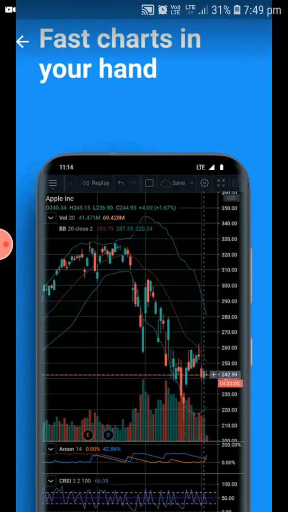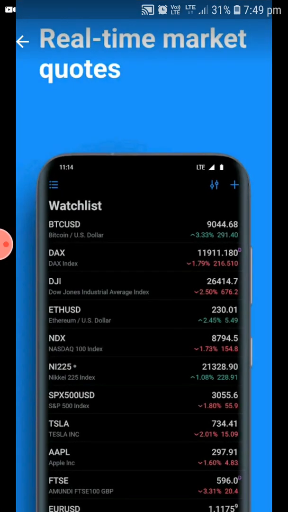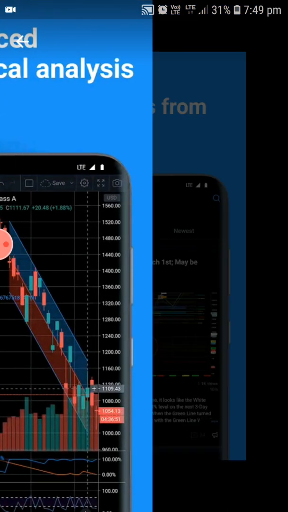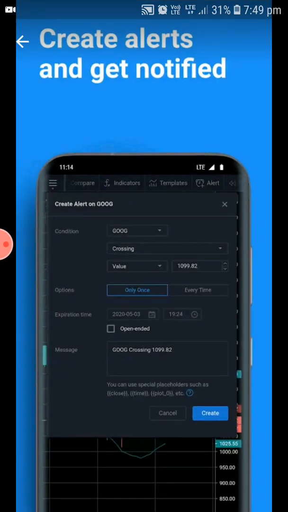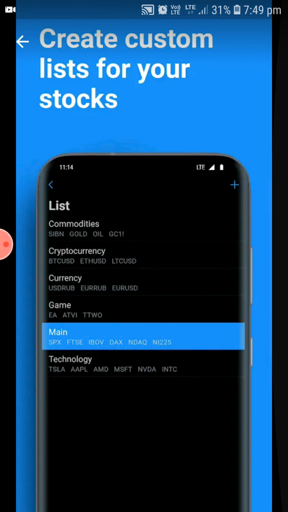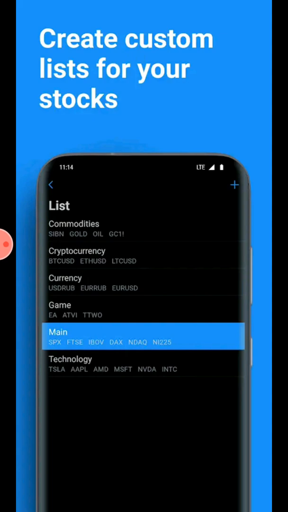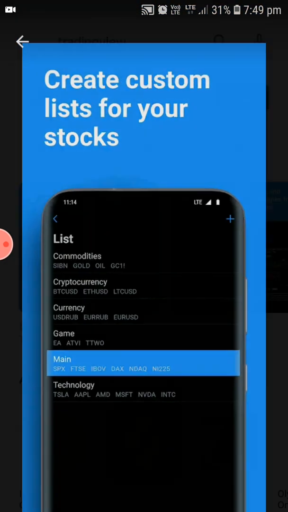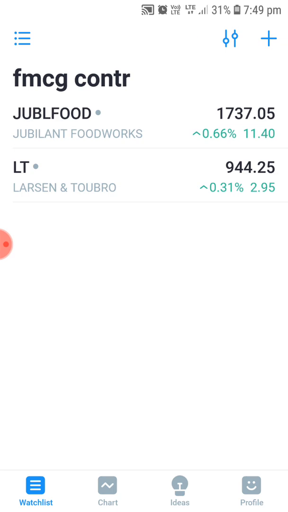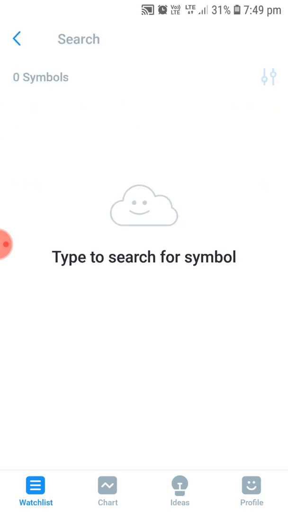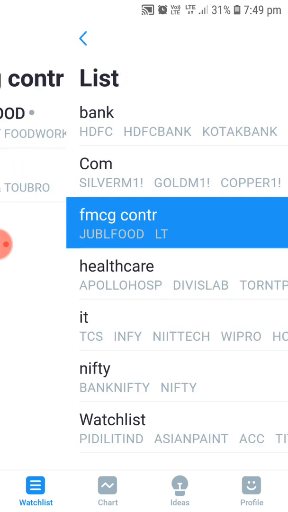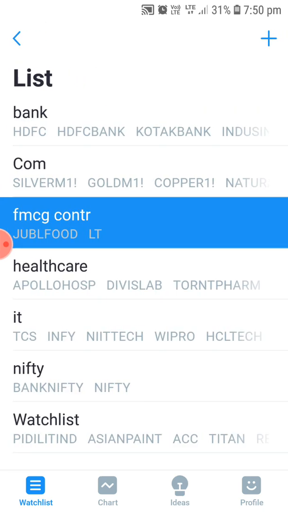Here it will be showing all the foreign markets, and this is the interface of the software. Here you can get the alerts, all that information will be mentioned, and once you download it you have to clear all this and keep the Indian market. I'm going to explain all those things today. So just download the application. Once you download it you will get a page, as I have shown now, where all the foreign markets will be showing. You can clear all the things like this. If you want, you can clear all the information. Here you can see clear, and all those things you can do from here.